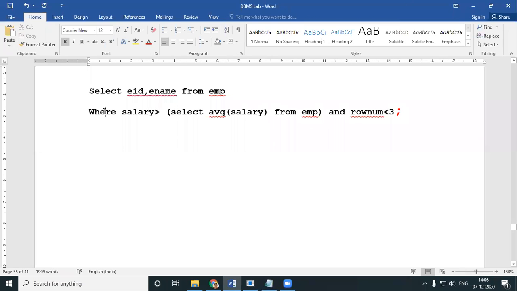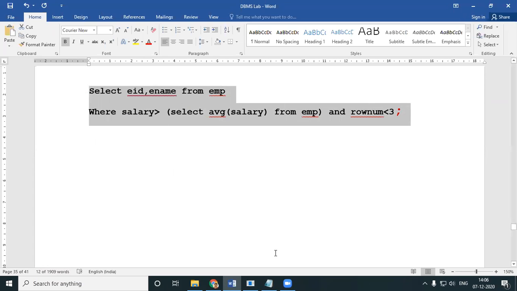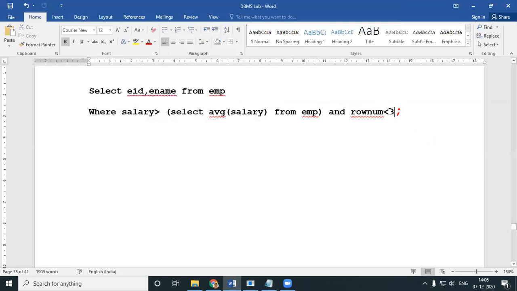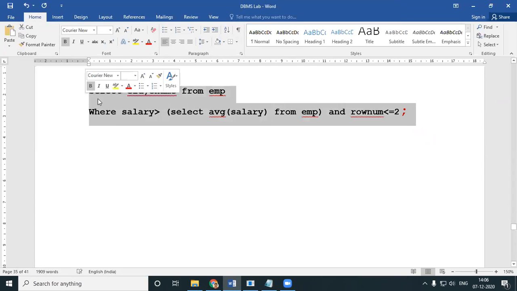Or I already have a where here, so I need not repeat the where. Salary is greater than my condition and ROWNUM less than 3, because I want 2. Okay, so I'll get 2, or you can either give less than or equal to 2. Both will give you the same answer.